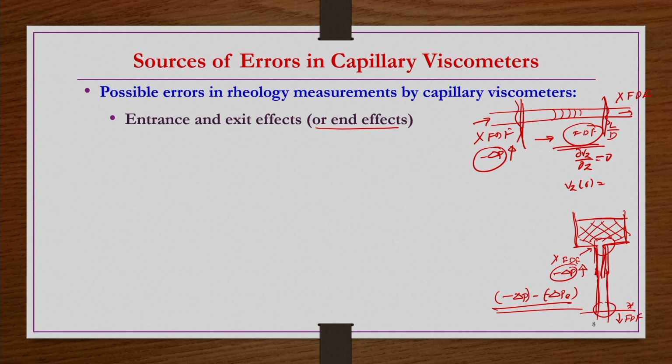So, since this fully developed flow is causing some kind of error in pressure drop, corresponding changes would occur in the shear stress calculations, right. Shear rate is not going to change, because in shear rate we have the velocity V, which is coming from the volumetric flow rate. So, correction is required only in pressure, and then only in the shear stress.